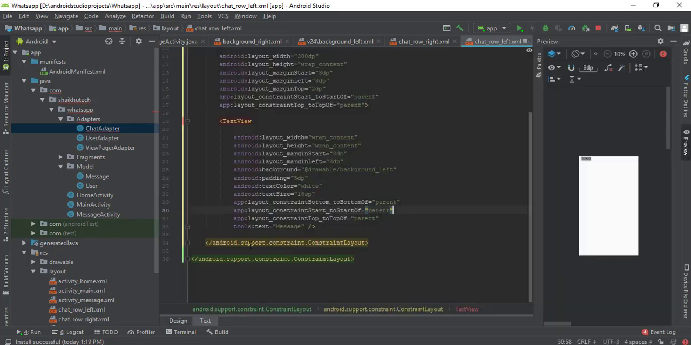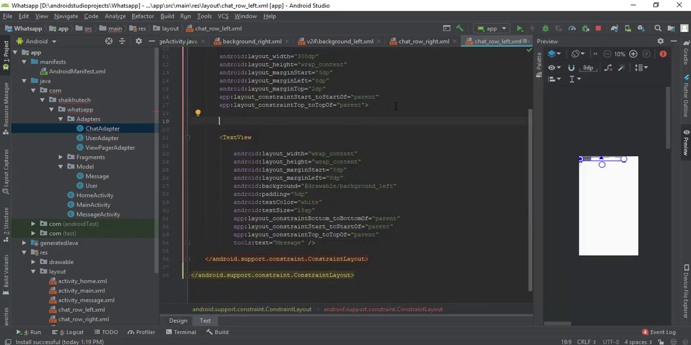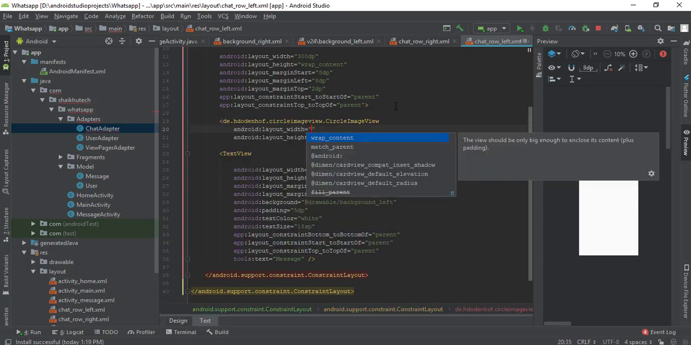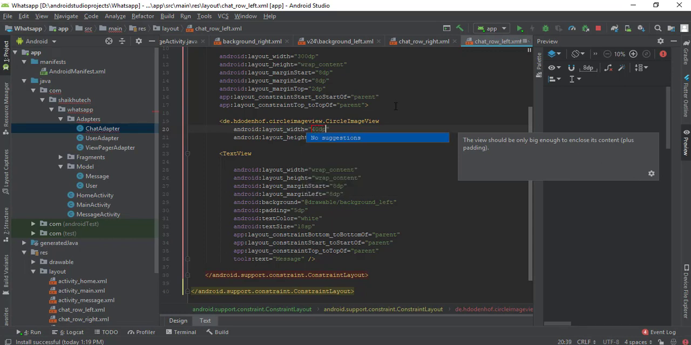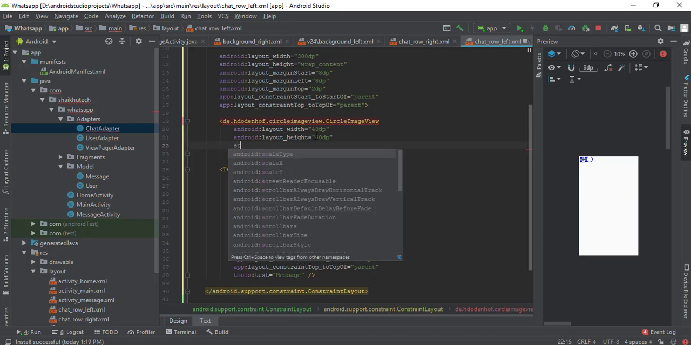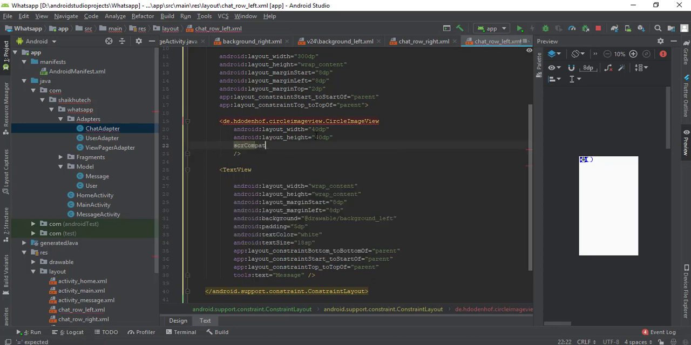For the left one we need to have another image, a circle image view, that will look nicer. The receiver image view should be here, so it should be 40 dp maybe, will look good, and its height should be 40 dp, and I'm going to add an src compat and make it app src compat equals, and I'm going to set it to